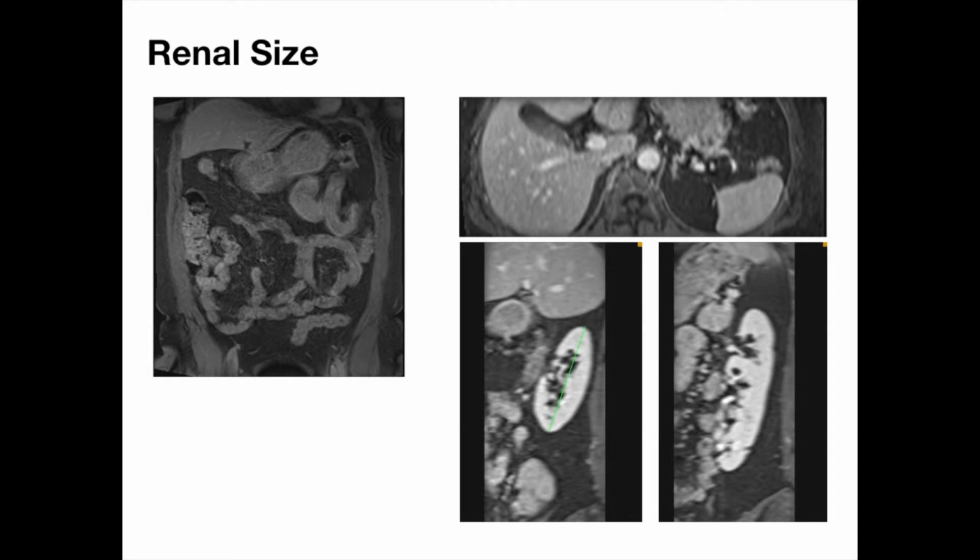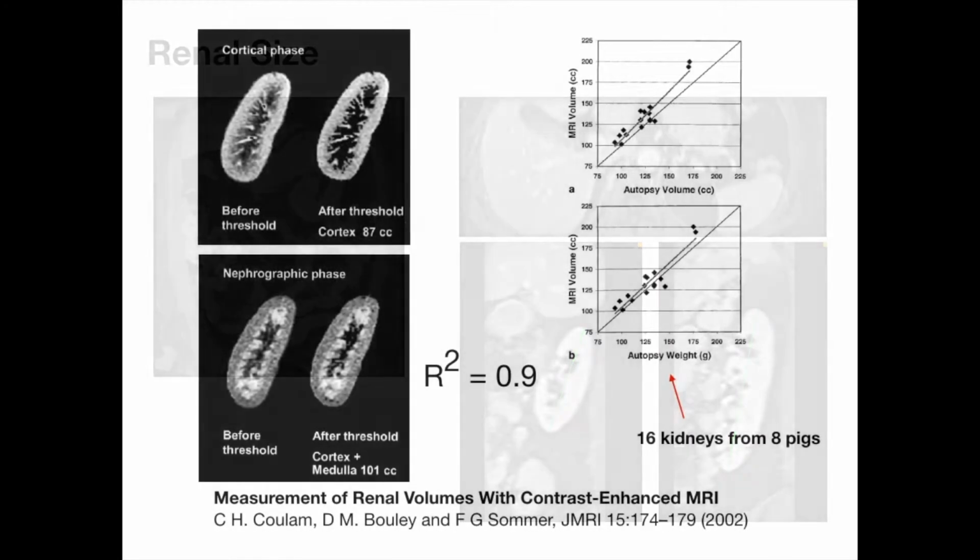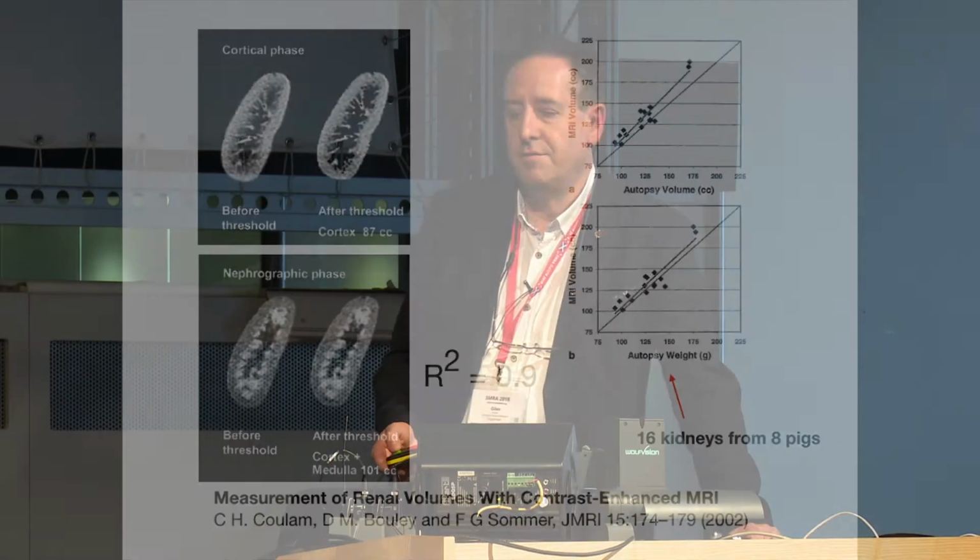Well, the reason we want to know the size of the kidneys is that in part it's a surrogate for function, and the length is a surrogate for the volume, both of these being surrogates for function. This is a paper published in JMRI back in 2002. This is looking at kidneys from pigs. So they had 8 pigs, sacrificed 8 pigs, got 16 kidneys. They imaged the kidneys in vivo prior to sacrifice, and they could show that there's a relationship between renal length